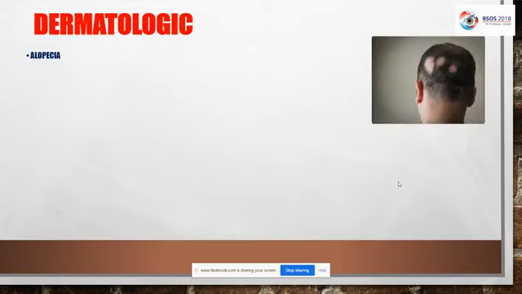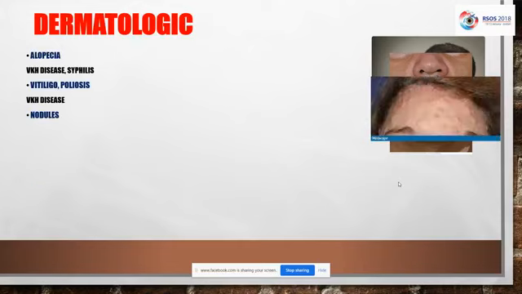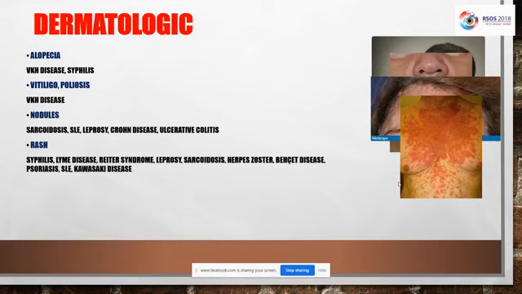So alopecia is one of the important signs of Vogt-Koyanagi-Harada and syphilis, as you all know, and vitiligo and poliosis also for Vogt-Koyanagi-Harada disease mainly. Nodules are one of the criteria of presence of sarcoidosis or systemic lupus erythematosus, leprosy, or inflammatory bowel disease, Crohn's and ulcerative colitis. Also, the presence of skin rash can be one of the symptoms of diseases,